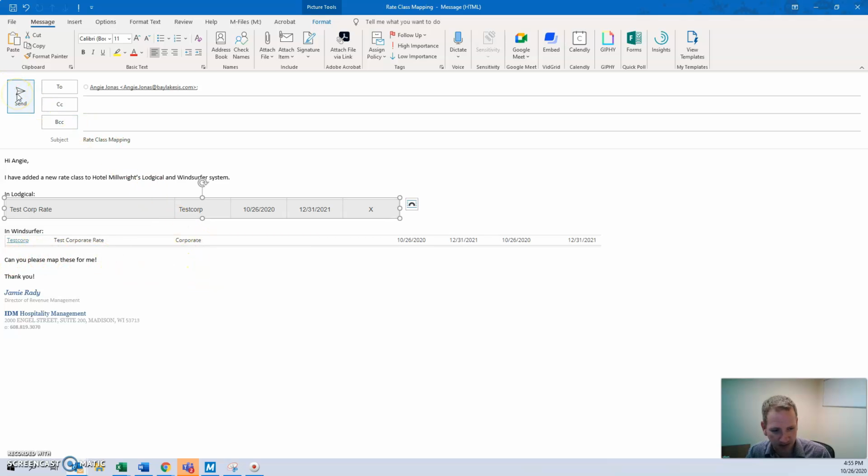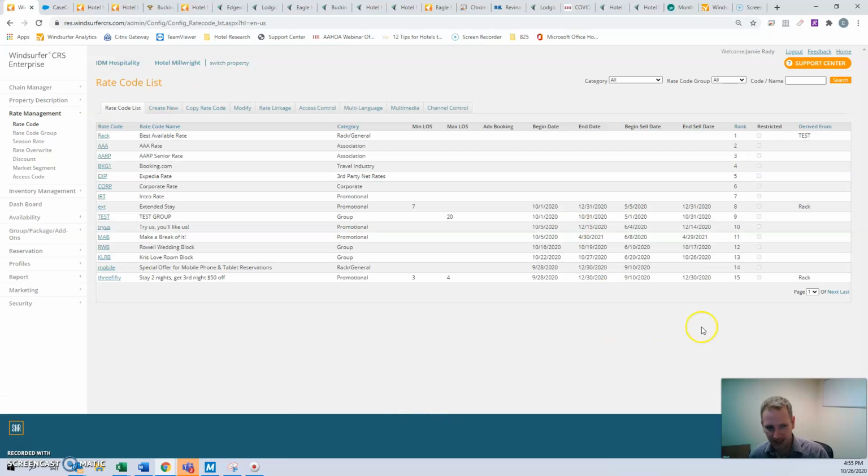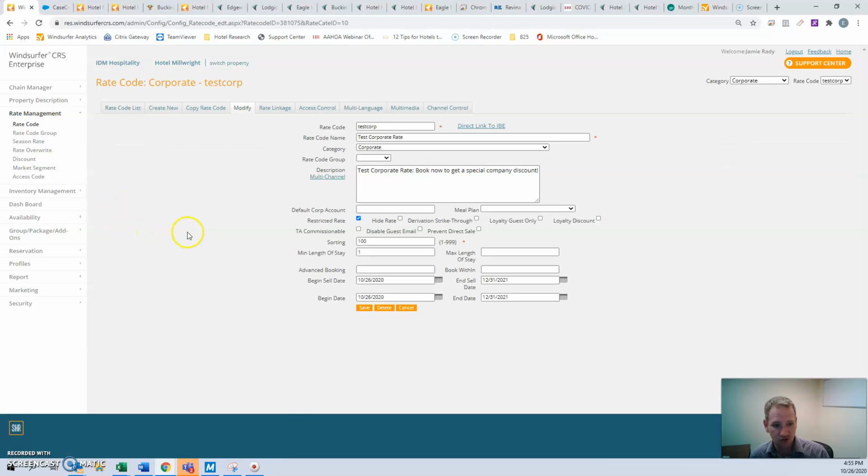I clicked the send button on this. Shortly after, Angie comes back and goes, hey, it's all mapped. At which time, this whole thing suddenly is active and bookable. And the two are connected and talking. Yay, magic. What you should know about that is, if we go to our new rate, there's two ways that